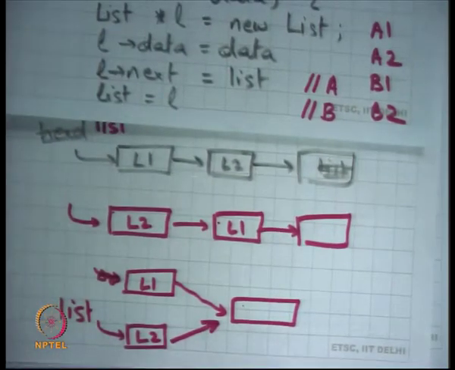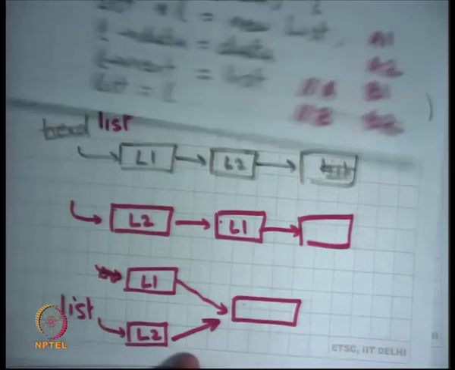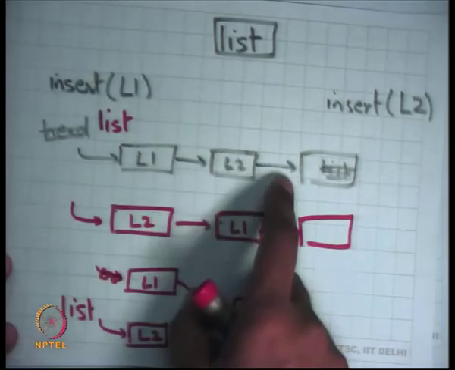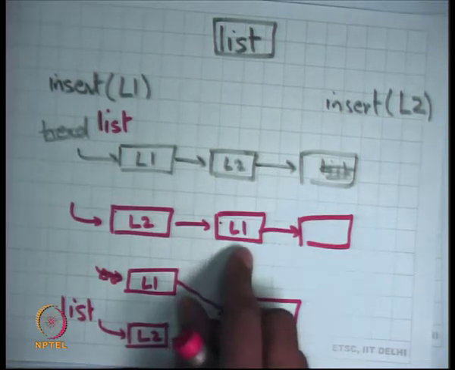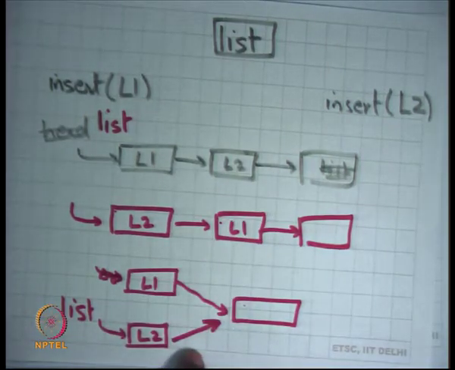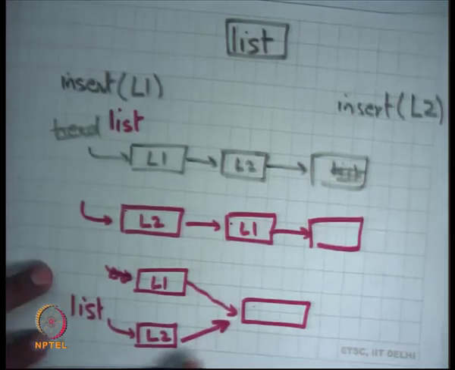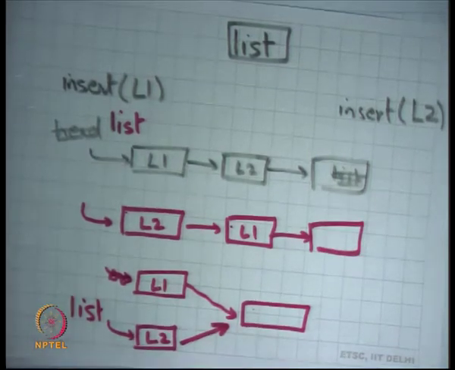Okay, so if the executions get interleaved, instead of L1, L2, this was a valid output because it's still a well formed list. This is also a well formed list, but this is not a well formed list, right. So everybody agrees that this can happen. Okay. So what is the problem?